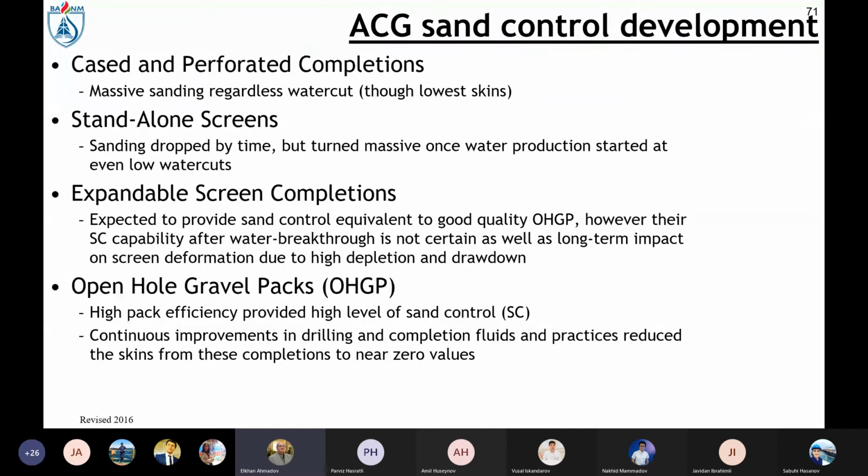As we started to produce water, this brought another massive sand production into the wellbore and to the surface. Expandable screen completions also were successful until the water breaks through, and